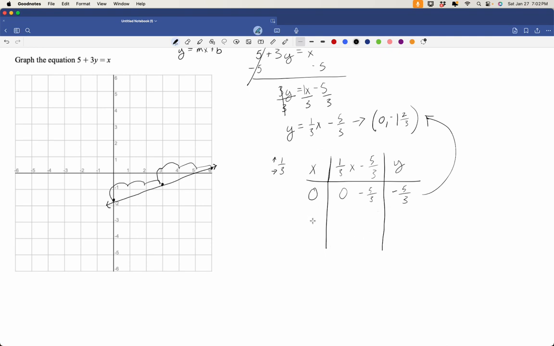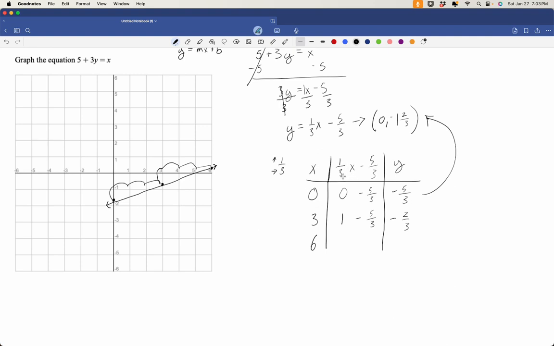And then let's say that x is equal to 1. Actually, I'm going to say x is equal to 3, just because it's easier to do the math when you use a multiple of the denominator. So 3. So 1 over 3 times 3 would be 1 minus 5/3. 1 minus 5/3, well, that's 1 minus 1 2/3, so that'd be a minus 2/3. Well, that's where we were. We were at -2/3 right here on the 3 line. So on the 6 line,